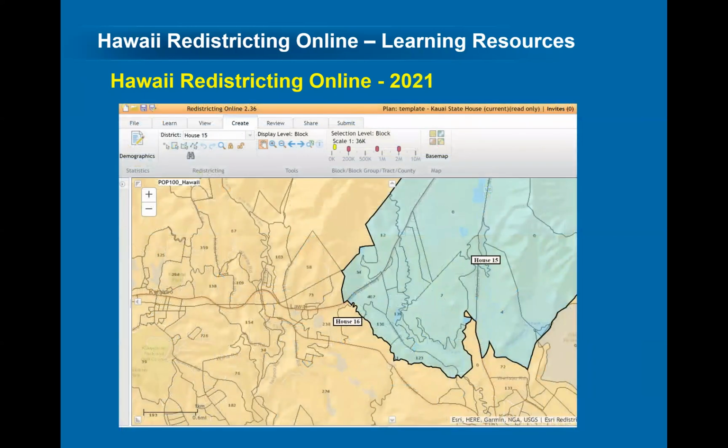And now today, we do have the current version of Hawaii Redistricting Online. The same company, Esri, has created this. The tools look quite similar. The data, of course, is updated. And there are some new tools in there, and we'll talk about these tools as we go through the learning resources. But these are then the same data and tools that are currently being used by the technical group working on plans. And it is available, and that's what we're going to talk about now for advisory councils and the